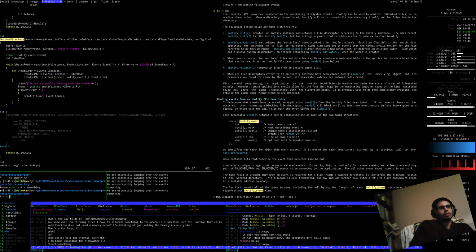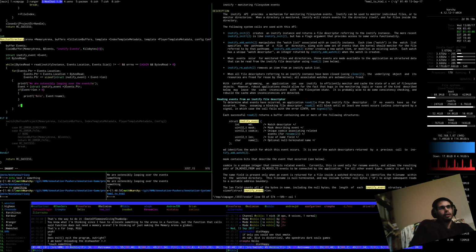So we would need to see what type of event it was. Let's say if the event is 0, then we print out the name. And then if we say the event mask ended with